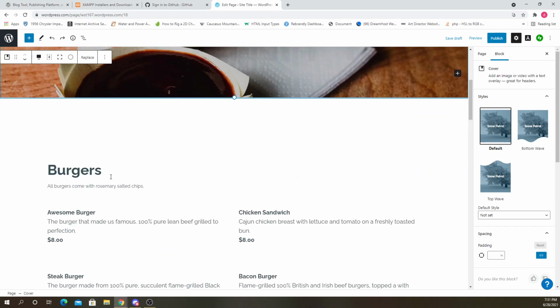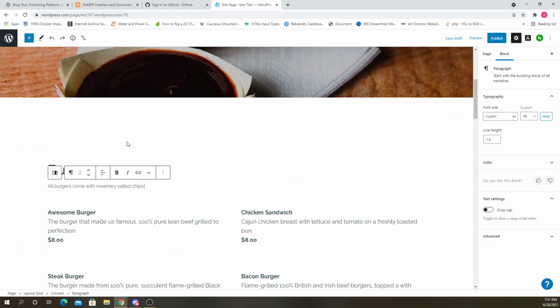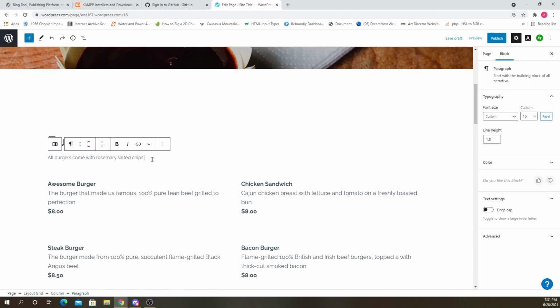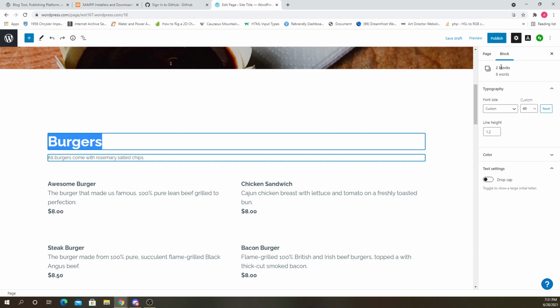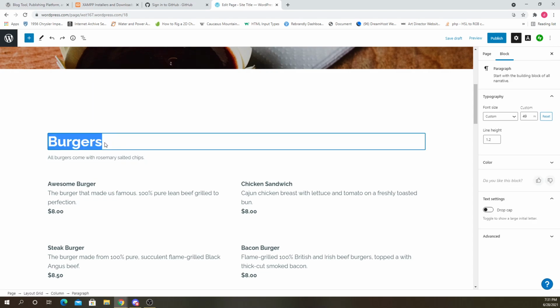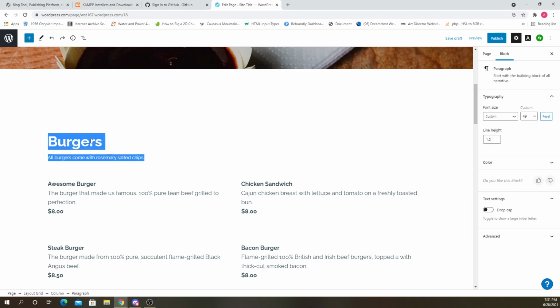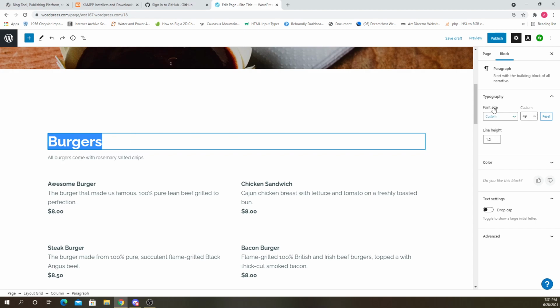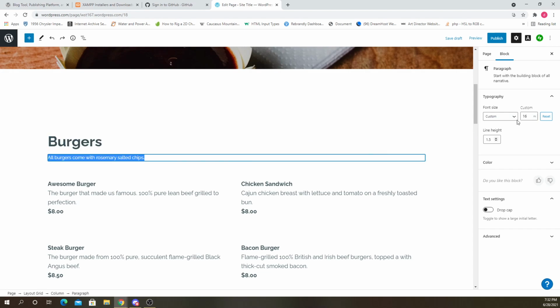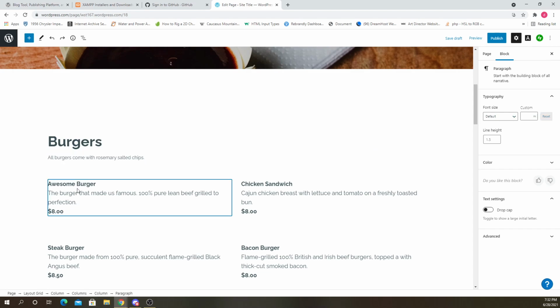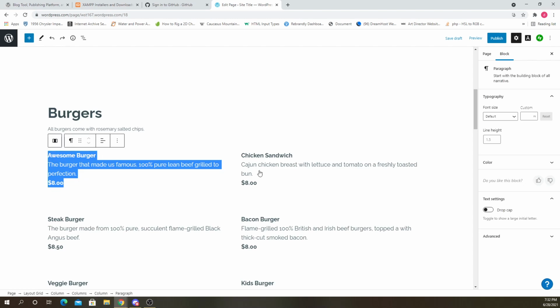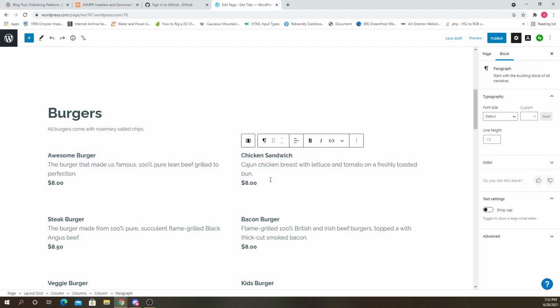We go down to the next section. We've got a paragraph block here with some text here. 2 blocks, 8 words, it says. So we've actually got 2 separate blocks here. This first block, paragraph, this is also a paragraph. I guess they're both paragraph blocks, but this one you can see we've got custom font size, 49 pixel font size. Next one is, again, custom font, 16 pixels. More paragraph blocks. So these are all paragraph blocks.